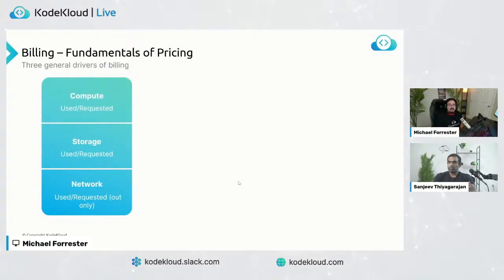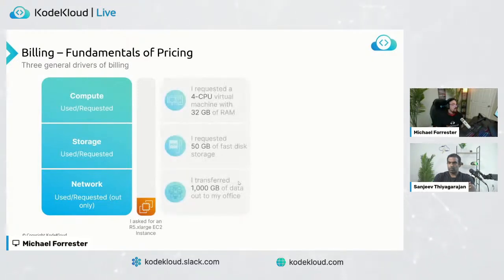And so when we break this down and we focus on, say, something like EC2 as an example, when we look at compute, one of the things is, you might ask for an R5 xlarge, which I think at this point is a pretty old RAM or memory focused instance type, right? These are things, by the way, you generally learn inside of the Cloud Practitioner exam. And so we've got this EC2 virtual machine that we've requested. And again, remember that any numbers that we use are generally made up. It's like if this was a 4 CPU, 32